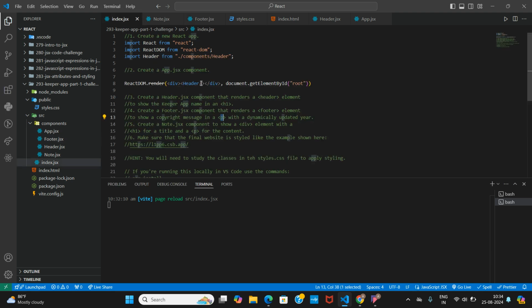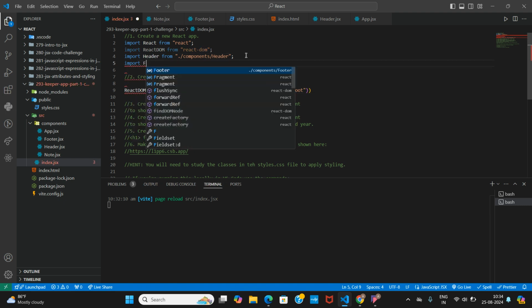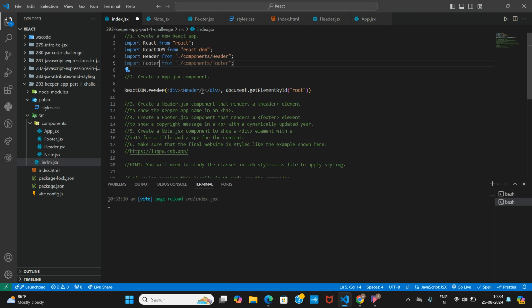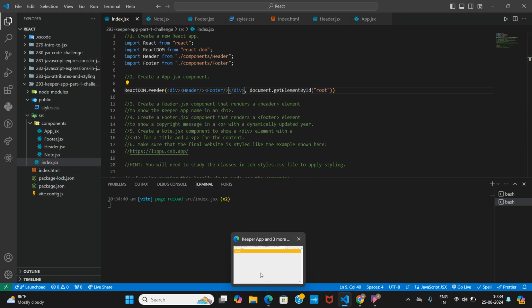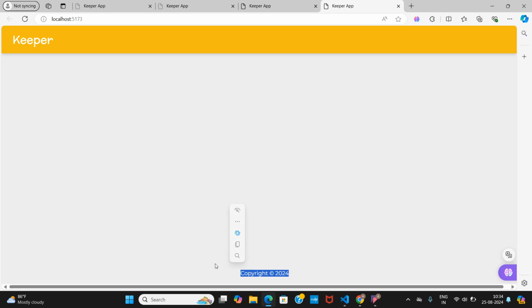And in here I'm going to import the footer. Okay, I guess this will do. Let's go over there. Here we got the copyright too, and the updated year is 2024, and the two steps were